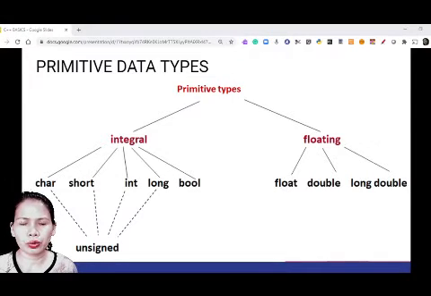Okay, and then short, this also refers to a number. The integer, the long, the bool, it refers to boolean, the yes or no, or true or false. Okay, so the unsigned here, the char, the short, integer, and long, which you can actually read more about in the handout that I give you with regards to the data types. Okay,